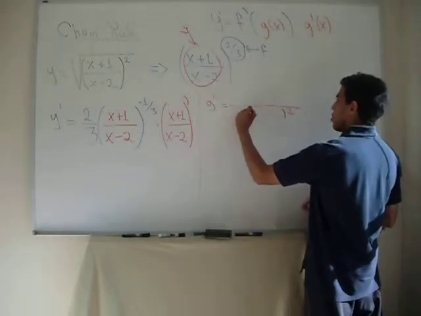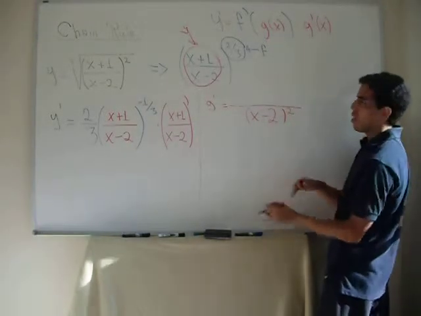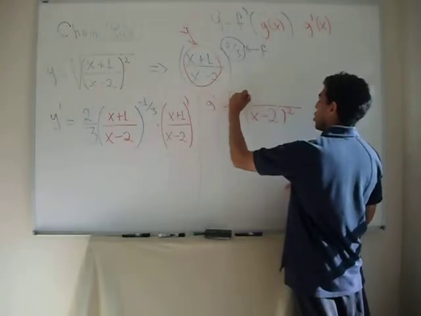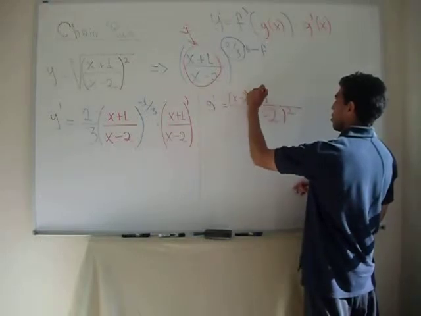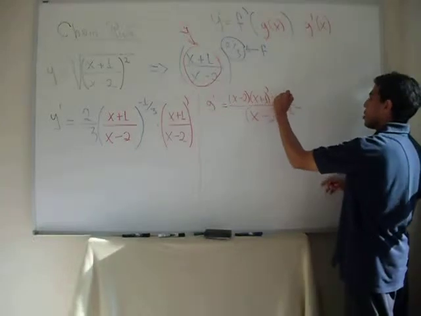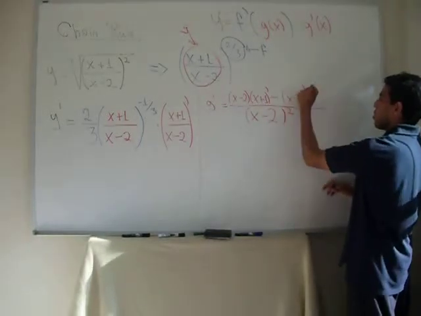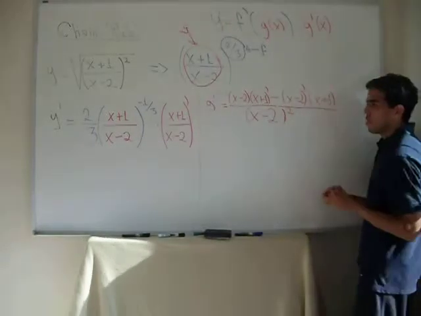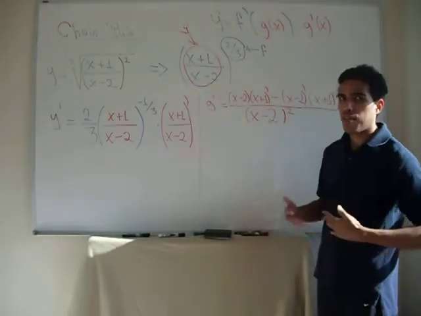x minus 2 squared, lower part, upper part: x minus 2 multiplied by the derivative of x plus 1, minus x minus 2 derivative multiplied by x plus 1. Okay? And now I'm going to do it real quick because by this stage you should already be